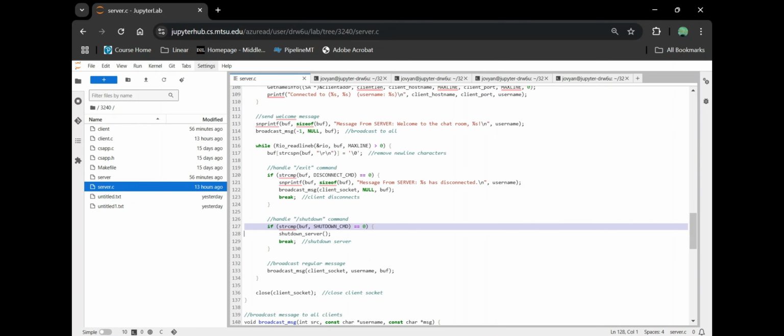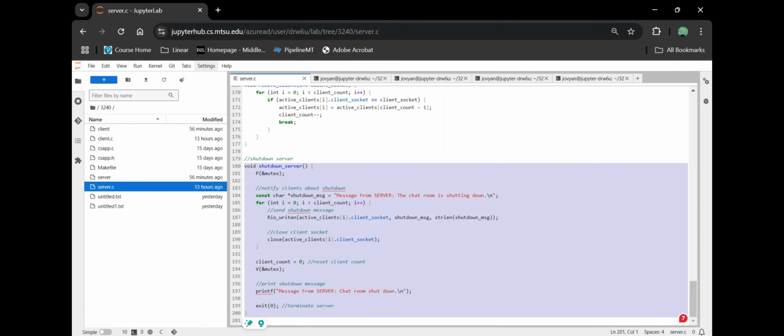The server constantly compares the received messages with shutdown CMD. If they match, it calls shutdown server. The loop then breaks, signaling for the server thread to stop processing further input for this client. The first step in the shutdown server function, a semaphore here,